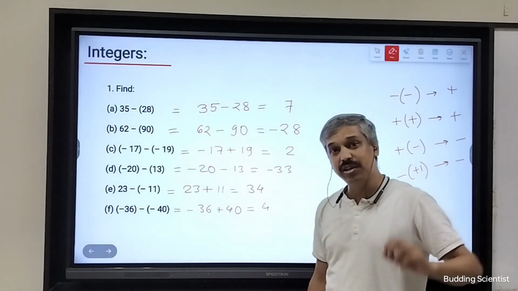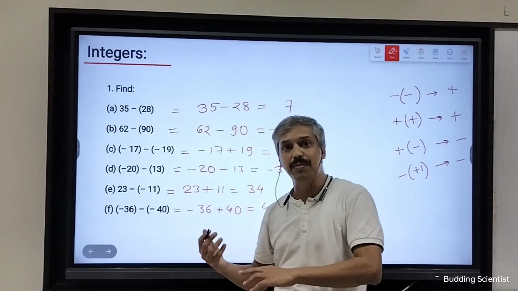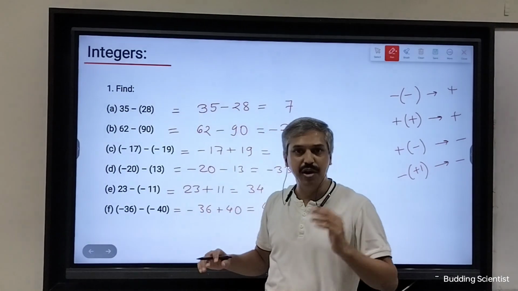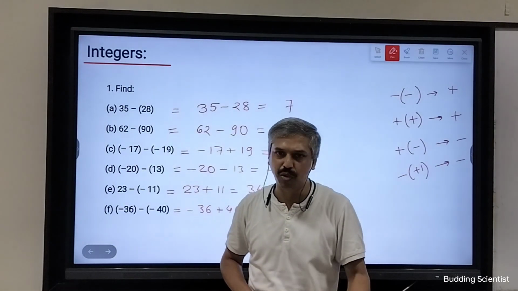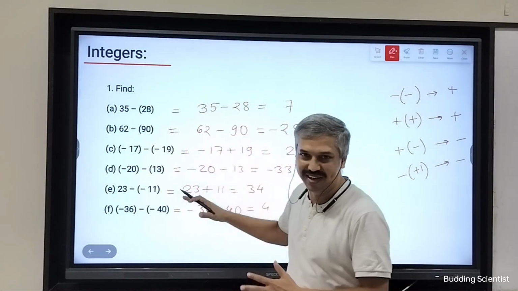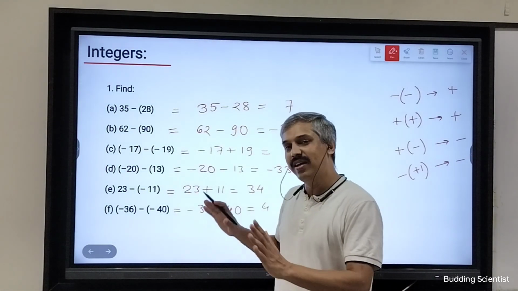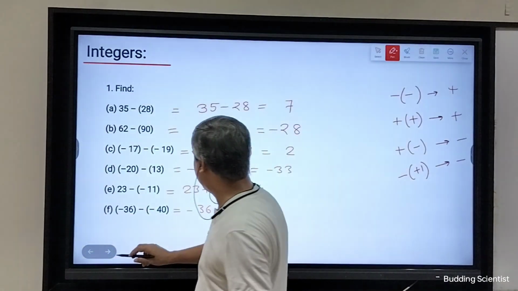It is a big irritation that you are in grade 8, 9, 10, 11 and you have to study something that is in grade 6 and you have to go back and revise that again. Many times students don't do that. So what is the advice? The advice is do it here. When you are in grade 6, make sure you understand grade 6 completely. Let's carry on and let's see the next